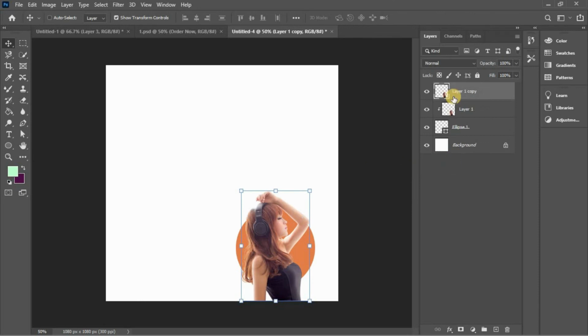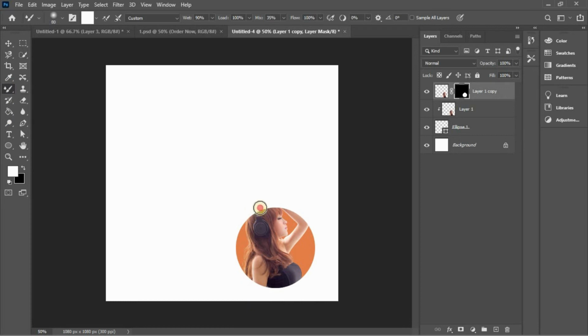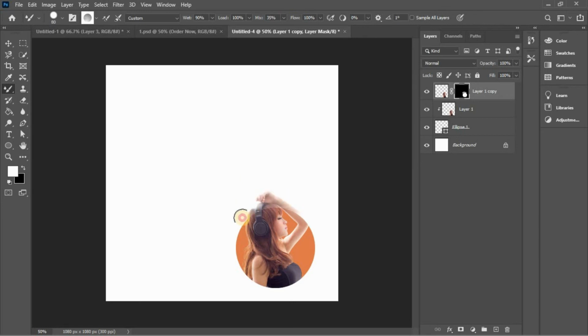Here press Ctrl and click on the ellipse layer. Now create a clipping mask, and here we take a brush, a hard brush, and remove from here.